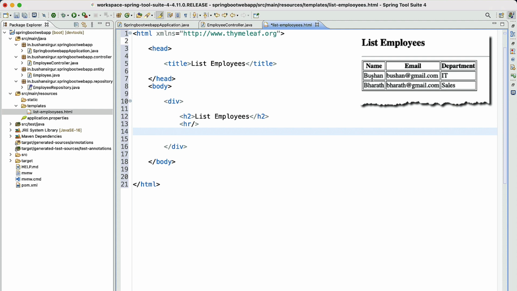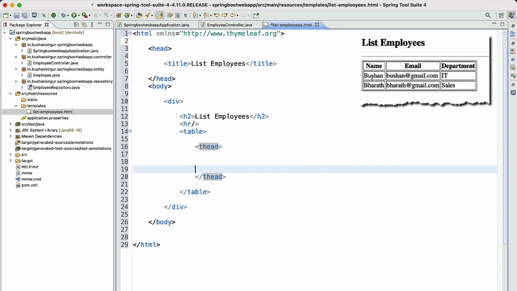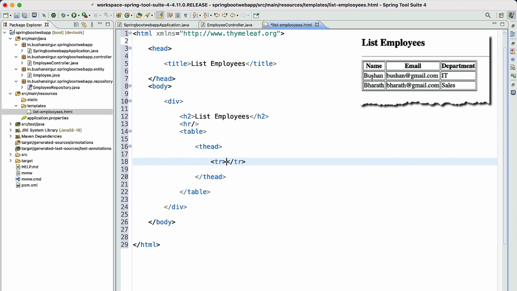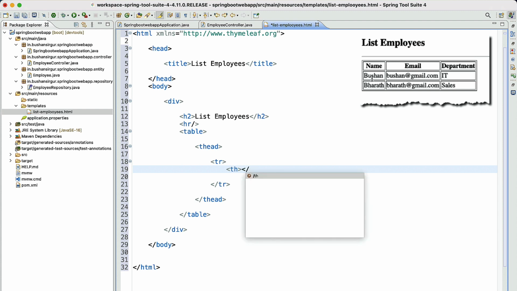Next, we are going to make use of the HTML table. Inside the table, thead. Inside the thead, we have a table row, which is tr. Inside the tr, we have the table header.